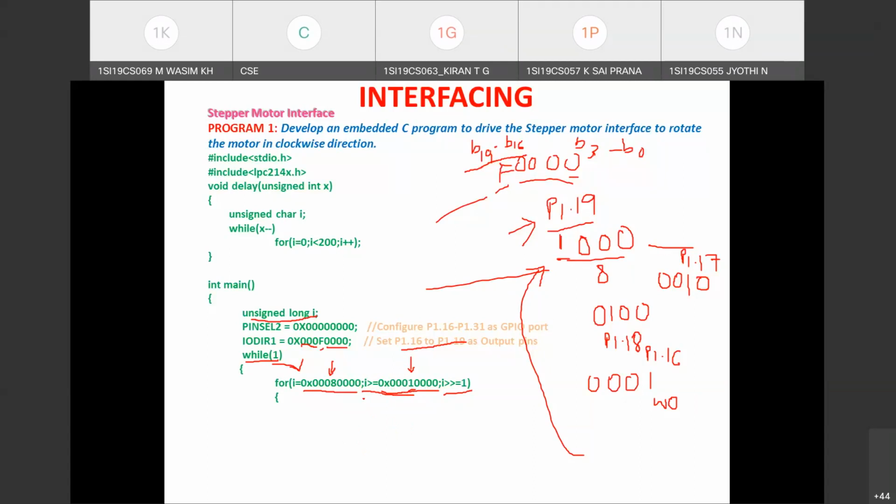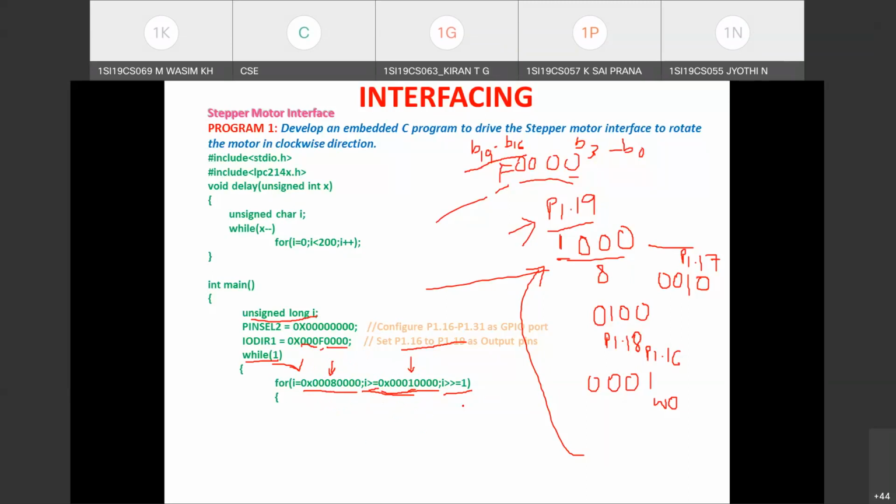So what statements we are going to write within the for loop, that will check. Okay. Hope this for loop header is clear. What is the initial value we have taken and why this value we have taken, and what is the test condition we have written? This is a decrement loop we have written. I greater than or equal to 0x0001 followed by 4 zeros. Until we supply the voltage to winding 0, we have to repeat the loop. So this is the 32-bit data we have taken. Since first time we'll be supplying the voltage for winding 3, and we are testing with this relational operator greater than or equal to, once we complete supplying the voltage to winding 0, we'll stop the for loop.